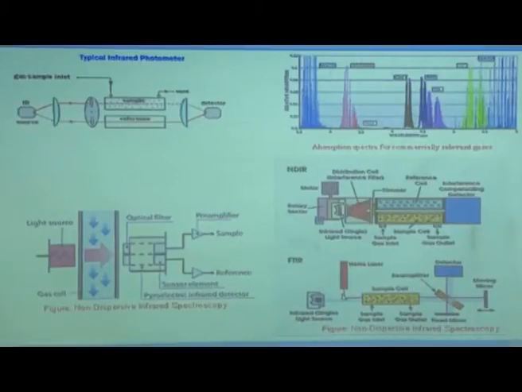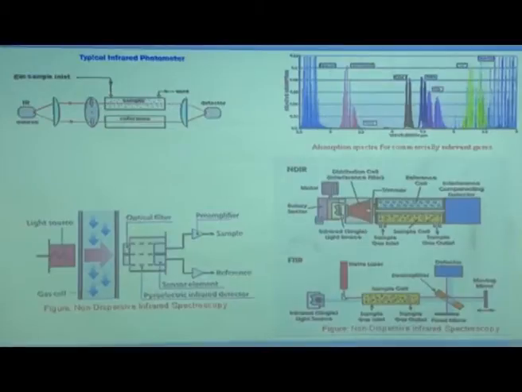Is it clear? So, this is how we measure the carbon monoxide and carbon dioxide. I will try to explain this to you. In the IR range between 2.5 micron to 4 micron, every species has a particular wavelength absorption region. For example, this is the wavelength region for methane, this is the wavelength region for carbon dioxide, this is the wavelength region for carbon monoxide, this is for water vapor, this is for something else.